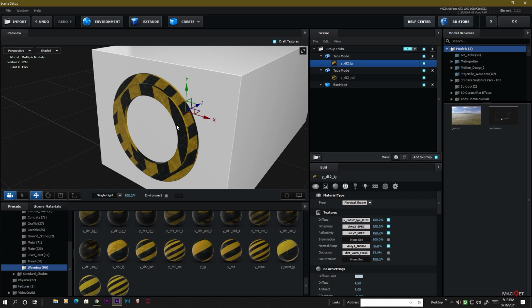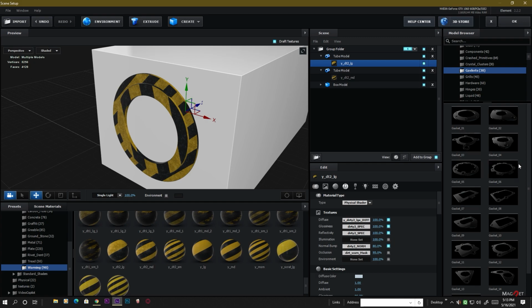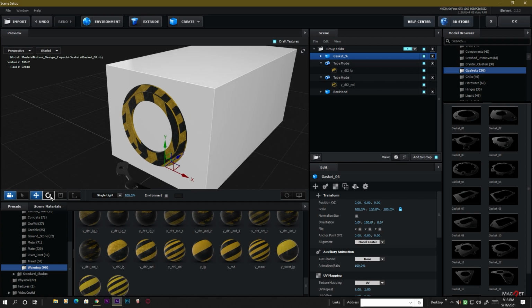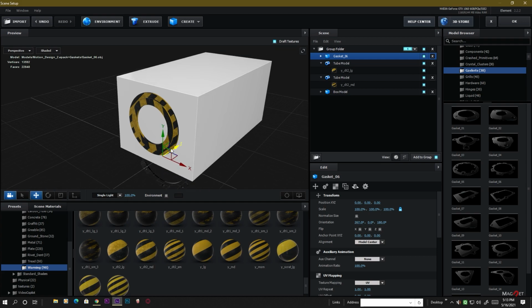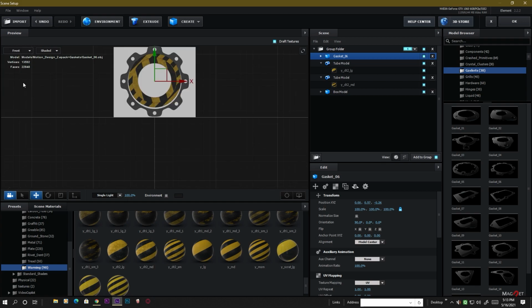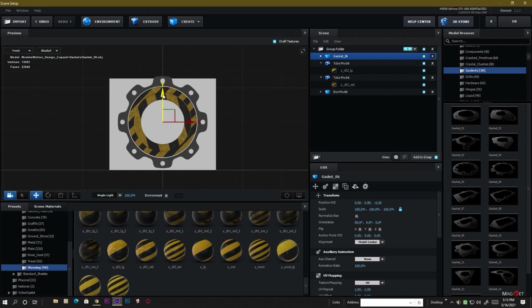So also I'm going to use some gasket here. I'm using the Motion Design 2 model pack for this, and there are some gasket designs, and I'm using this one. This is gasket number 06. Just double click on that and it will appear here, and then rotate it and place it here like this. We rotate it, place it here, and maybe we go to the front view here,